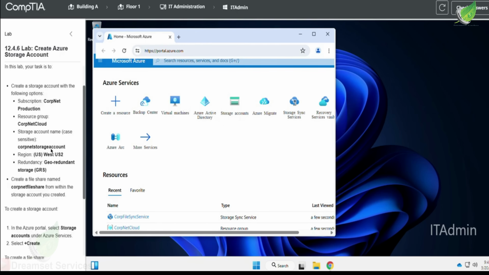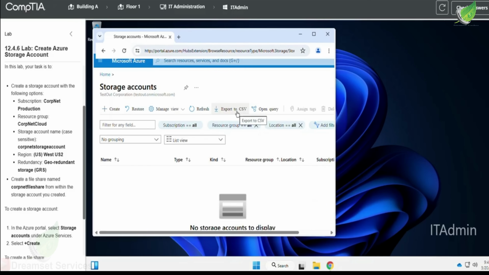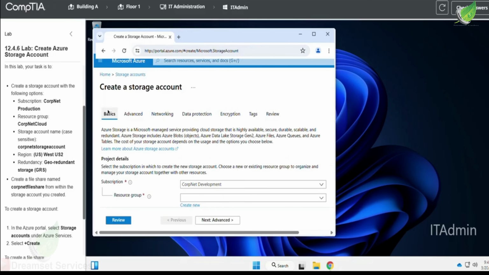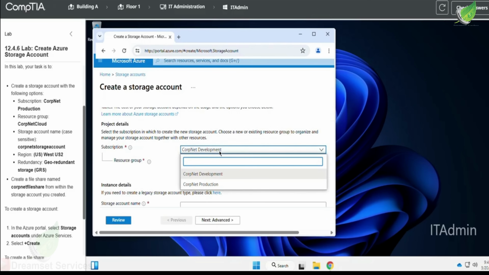You're going to create a file share named CompTIA file share from within the storage account you created. To create a storage account, okay, so let's start right away. We're going to open this up, and this is storage account. Then we want to go to create, and under create we want to